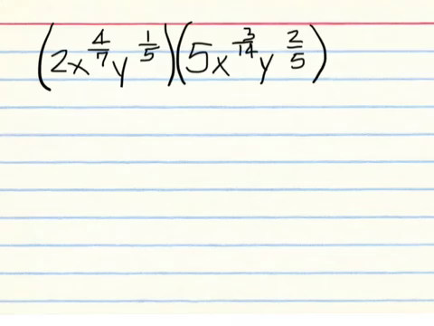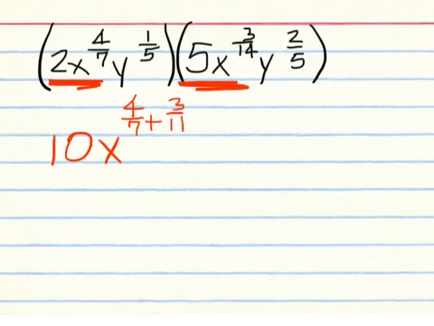In this problem, you have 2x to the 4/7 power, y to the 1/5 power. That's an entire quantity multiplied against the quantity of 5x to the 3/14 power times y to the 2/5 power. What you need to do here is just simplify it. If you're multiplying these two quantities together, there's no addition or subtraction inside, so it's not a FOIL method, it's just straight multiplication. Multiply the x terms to get 10x to the